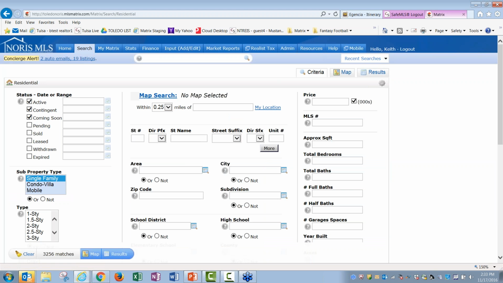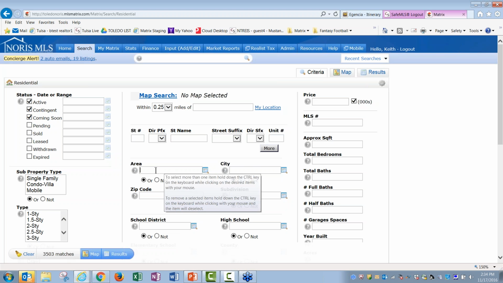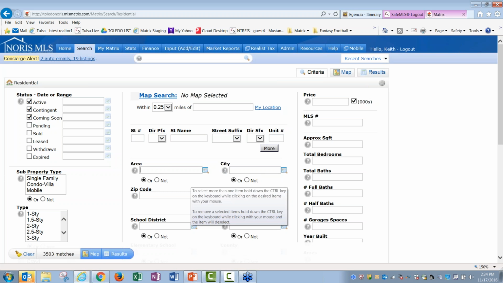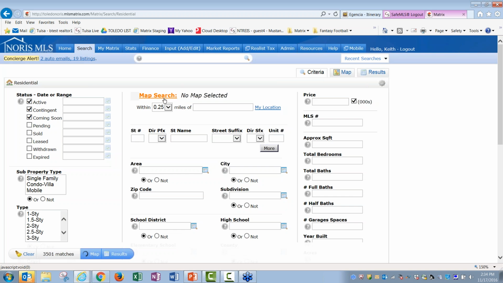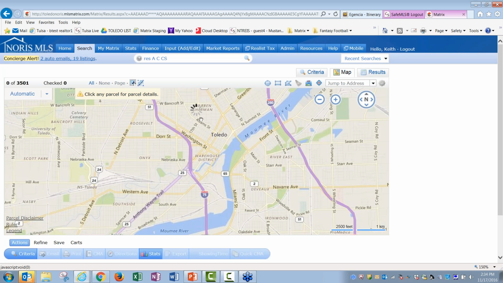So let's say I do a map search, and I want to lock it down because I like to draw my areas. I trust what I draw much better than what a listing realtor types in for the area, zip code, or school district. You're going to get much better results if you do a map search. If you go in from the start and click on map search with no other criteria besides actives,